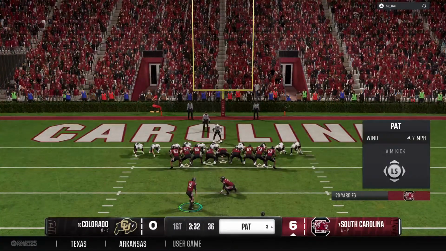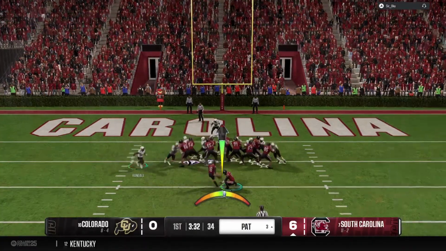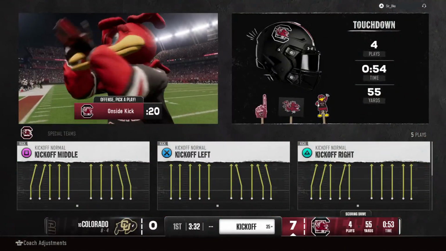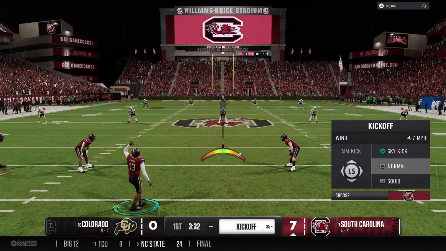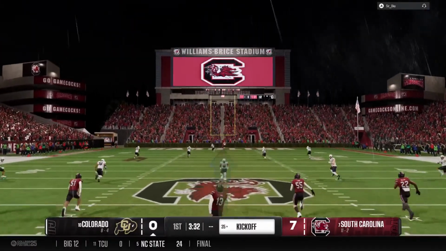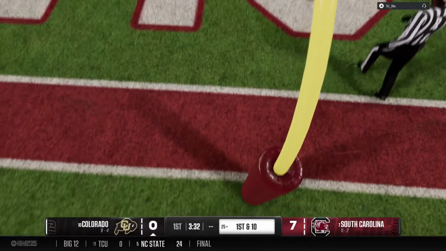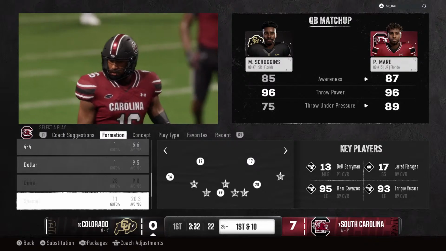And they'll set up now for the extra point. PAT is good, so it's 7-0. Kickoff team is on the field. Let's see if they give the returner a chance to bring this one back. And that one will bounce out of the back of the end zone. The offense will start at the 25.